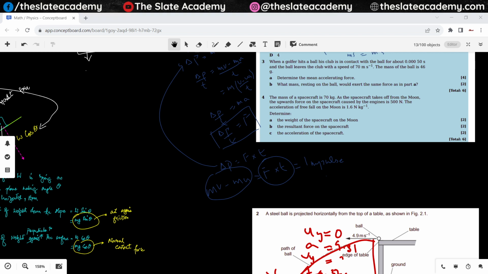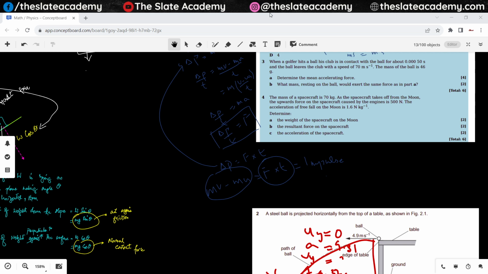Sir, 112 newtons. 112 newtons, you say. Fine, sir. For the first one, 388 newtons. 388 newtons. Okay, the resultant force would be 388 newtons, and the acceleration would be 5.5. 5.5. Okay. If I give a quick solution of this,